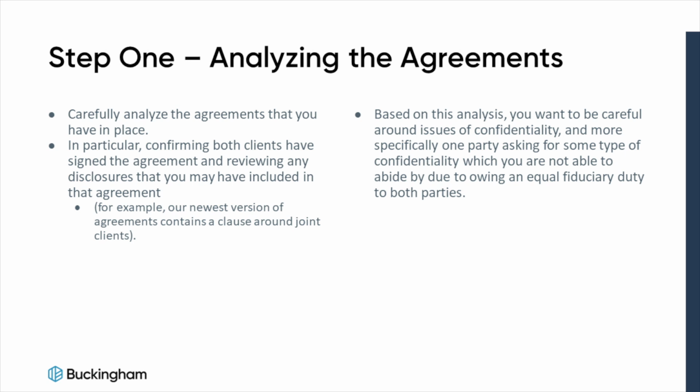The first step when a client informs you of a separation or divorce after notifying compliance is to analyze the agreements we have in place. In particular, we want to confirm both clients have signed the agreement and review any disclosures that you may have included in that agreement. For example, our newest agreements contain a clause regarding joint clients. Based on this analysis, you want to be careful around issues of confidentiality and, more specifically, one party asking for some type of confidentiality which you are not able to abide by due to owing an equal fiduciary duty to